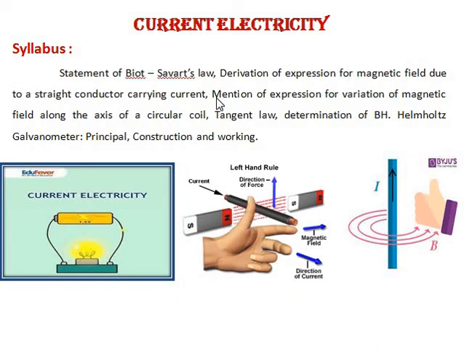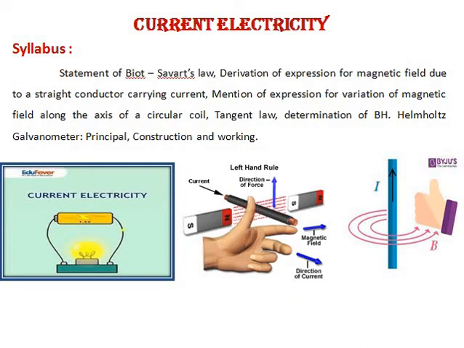In the previous chapter, we studied the effect of magnetic field on a charged particle. In this chapter, we are going to study how the magnetic field strength varies around a current carrying conductor. Here you can see this is the current carrying conductor. It is carrying a current of I ampere. Then how does the magnetic field develop? By using your right hand rule: fold all your fingers except the thumb. The thumb is showing in the upward direction, and the remaining fingers are folded. The folded fingers show the direction of magnetic field and the thumb shows the direction of current.